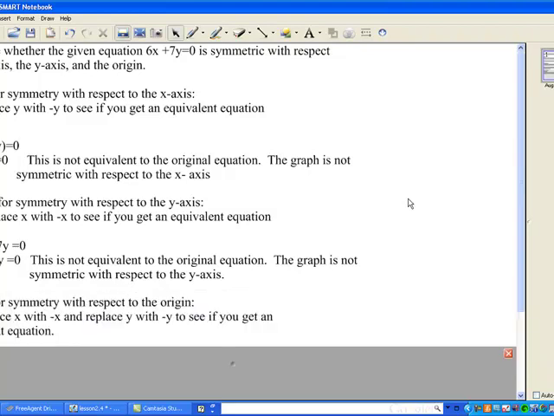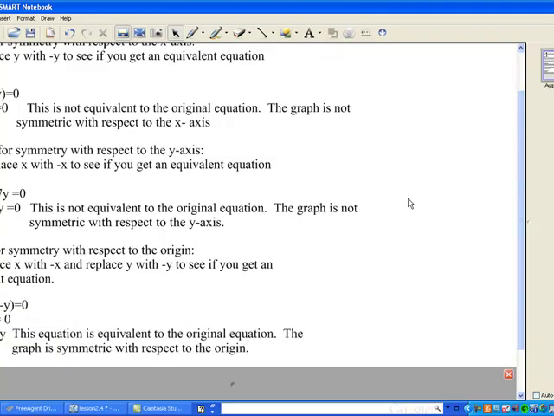The last test will be to test for symmetry with respect to the origin. To do this, we replace x with the opposite of x and replace y with the opposite of y to see if we get an equivalent equation. Replacing the opposite of x for x and the opposite of y for y, notice we get negative 6x minus